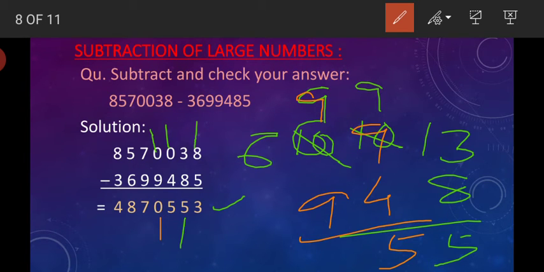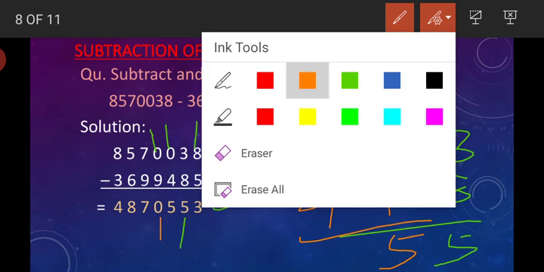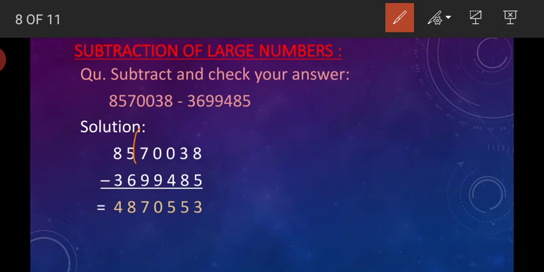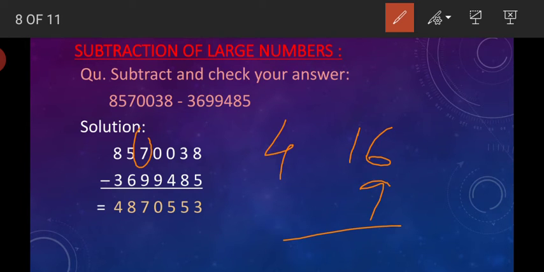In the previous digit 6 is left. So what to do? In the place of 7, 6 is left, as you have taken borrow from it. So we have to borrow 1 from its previous digit, that is from 5. So it becomes 4 and it becomes 16. 16 minus 9, we got the difference as 7. Okay, look at this one, it is 7. Okay, we got the difference as 7.